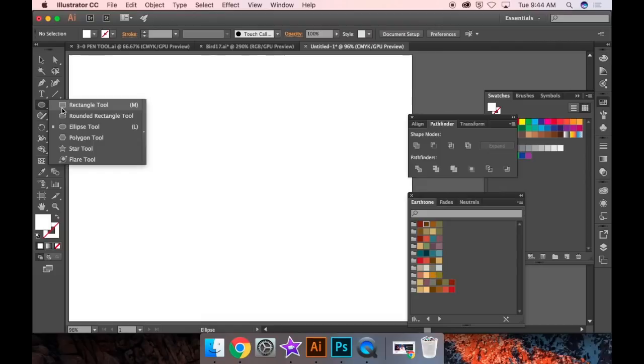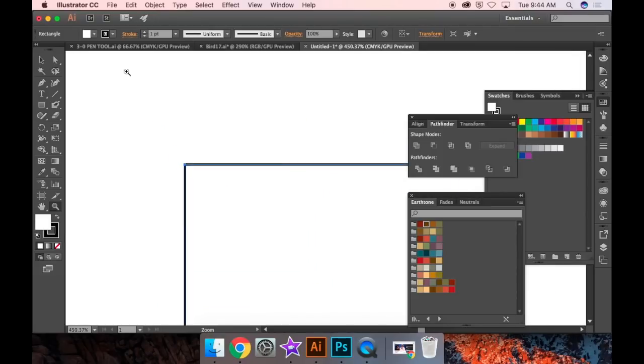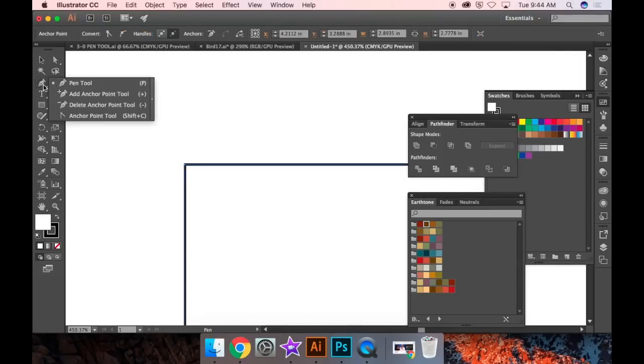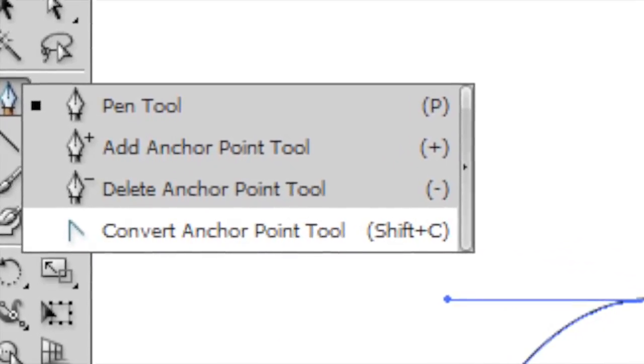Going to create a bird so you can use it within a scene later on. One thing that you have to remember is that for this project, you are going to be converting anchor points. And what I mean by that is, right now I just drew a square. If I select the anchor point with the Convert Anchor Point tool and click and drag on that anchor point,